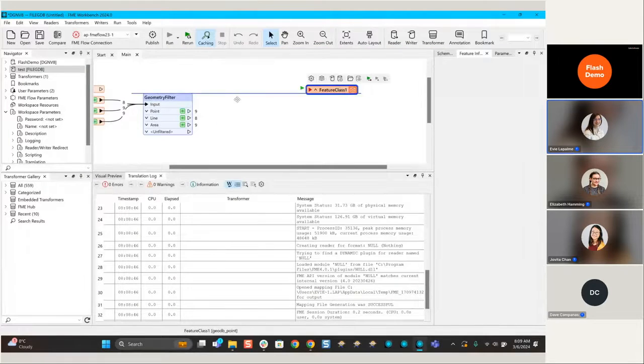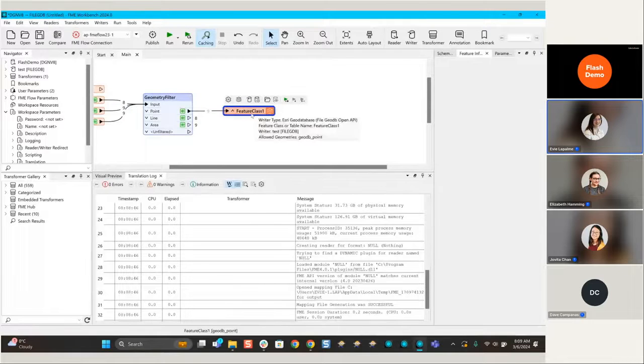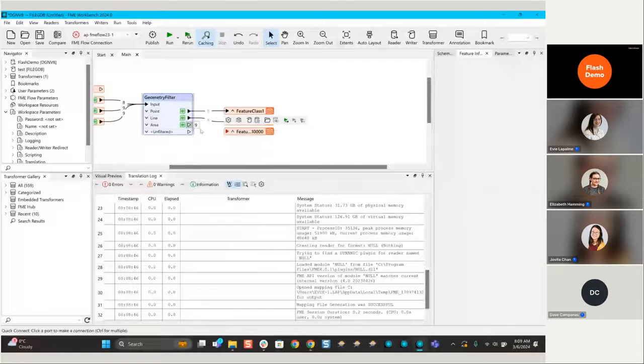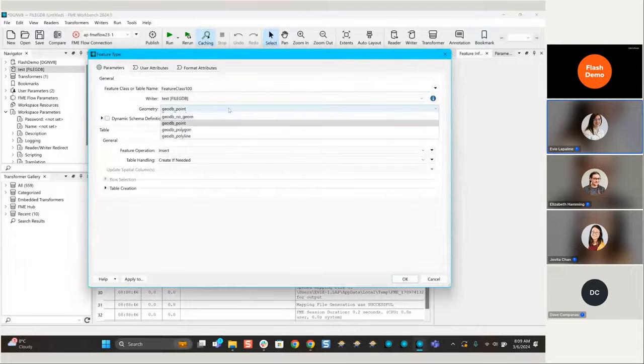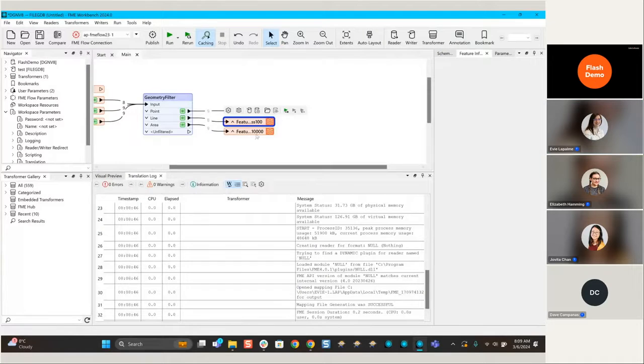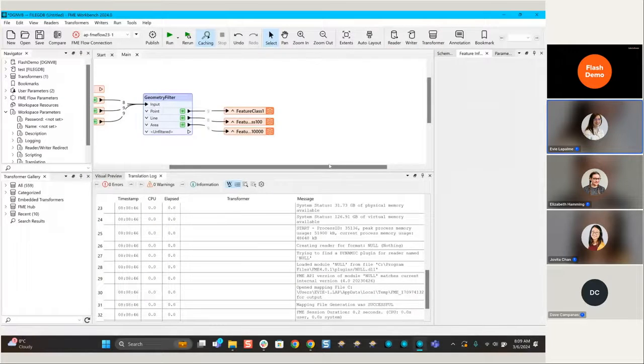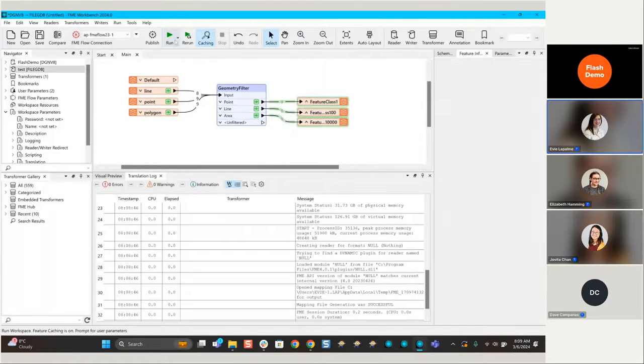So if I select that one and then I write it out for points, I'm going to have to duplicate this or add another feature class to write out to the lines and areas. So I could just duplicate it. You can also add that in file, but I duplicate it here. And then I go into the lines and change it to polyline. And the areas, I change that to polygon. And that's the entire demo. So then if I run this,